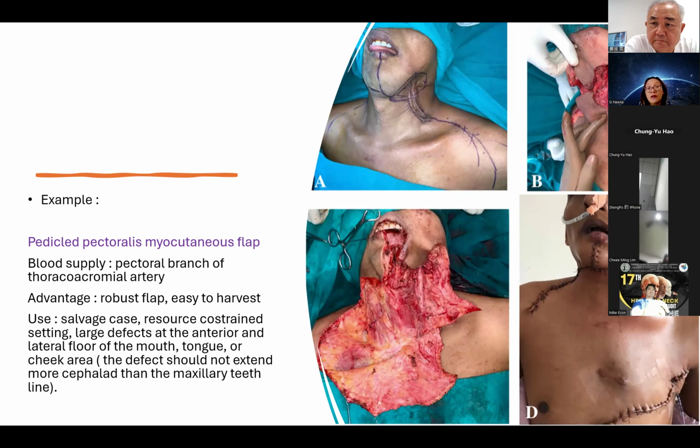It's very quick. I was trained at Tata Memorial, and we were trained to raise it in 1 hour and then put it back for inserting for another 1 hour. So this is for those people who don't have any experience in free flap and have a very complex head and neck ablative defect. PMMC can be one of the options because it's very robust. The pedicle is very strong. You cannot easily injure it. It's very hidden behind the fascia of the pectoralis.